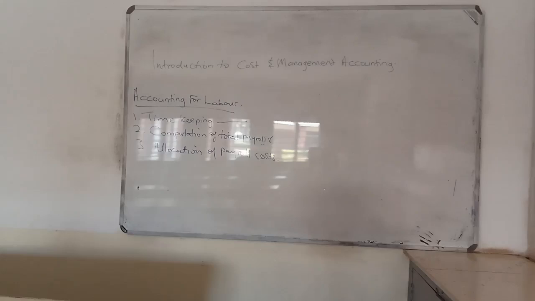So we're saying that when we're talking about timekeeping, we talk about time card and labor job card, job ticket. They're the ones that Loveness talked about that you sign on to show that you're in for work. So those are some of the things. Time card or clock card that you just swipe. Okay, so those are some of the things that we should understand when we're talking about labor.